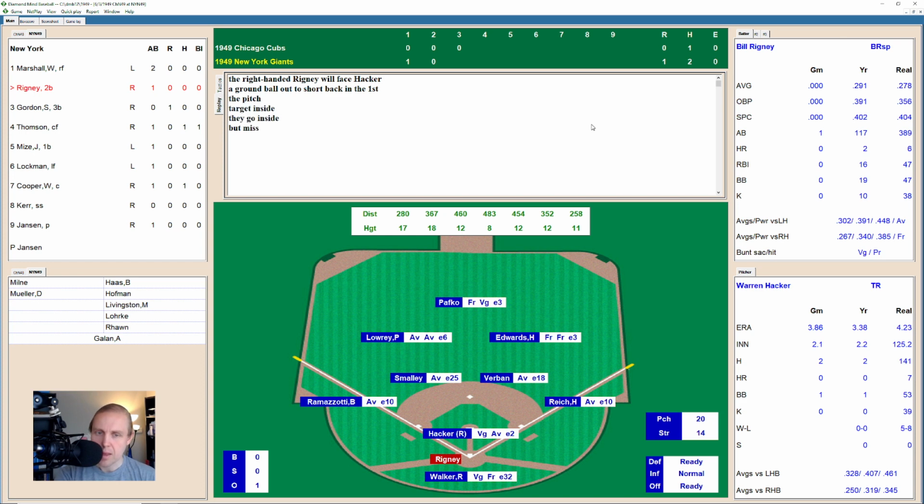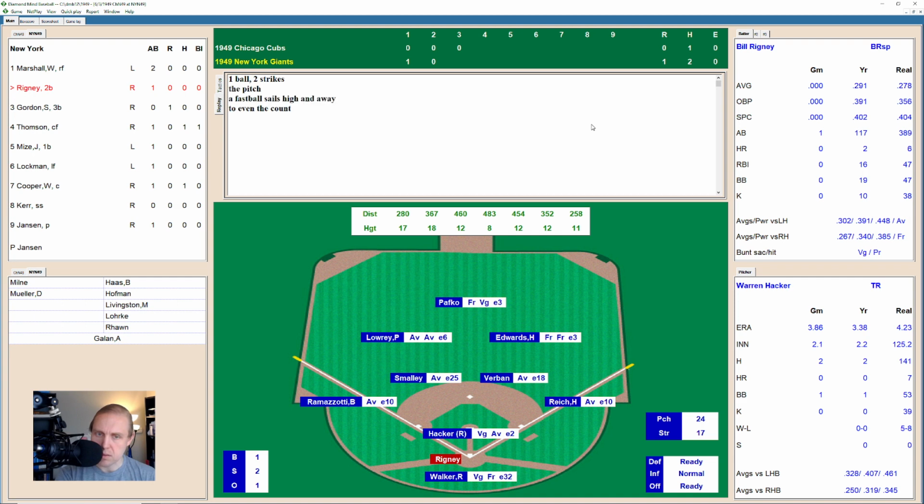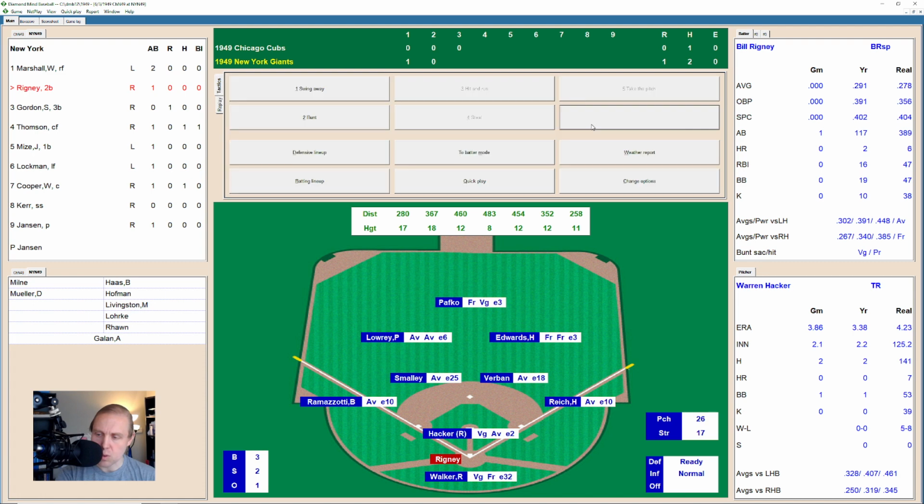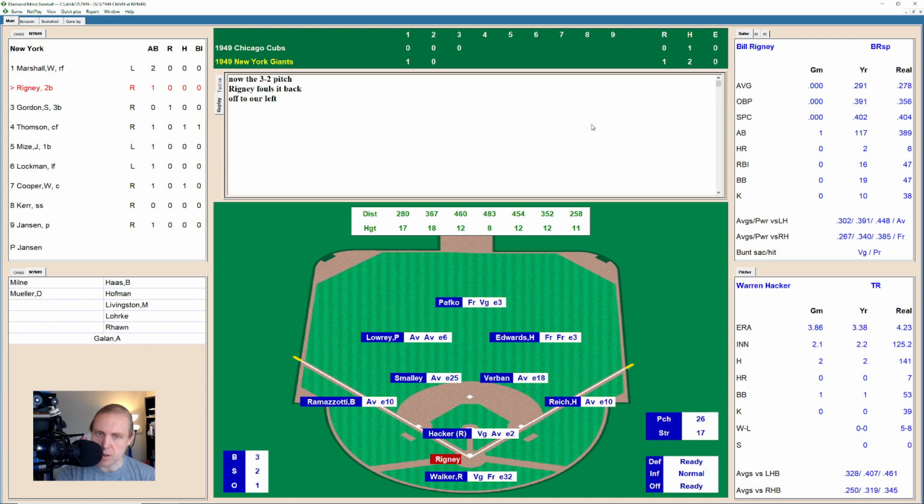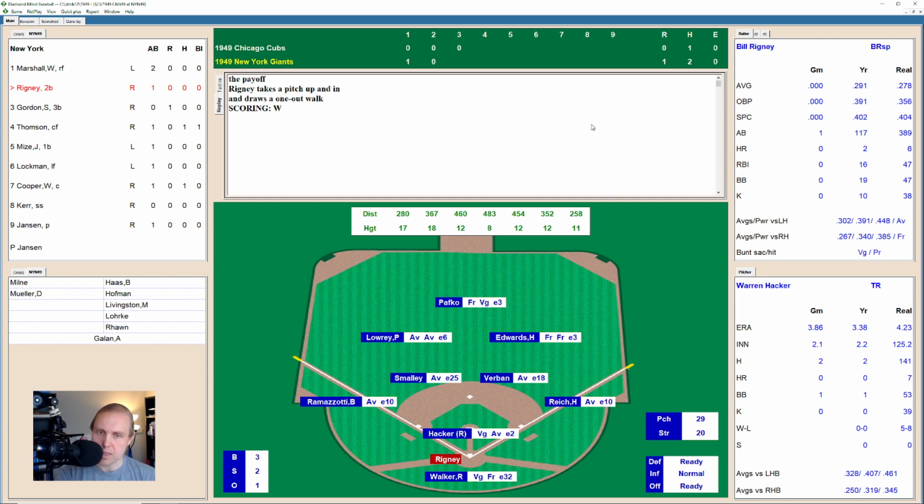Bill Rigney now takes a ball inside, 1-0. And that's a strike, 1-1. It's 1-2 now on Rigney quickly, and that's popped foul away. 1-2 the count remains. That fastball is high and away. It's 2-2 on Bill, and that's wide of the zone. It'll be a full count now on Rigney. Fouls that one away again. Count remains full, and another foul ball. And that's fouled again. Rigney is getting Hacker to throw a few more pitches,